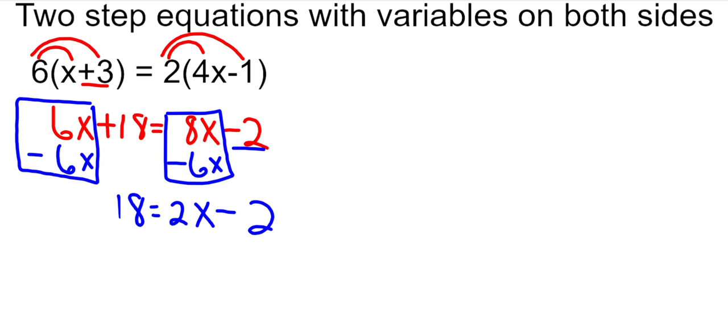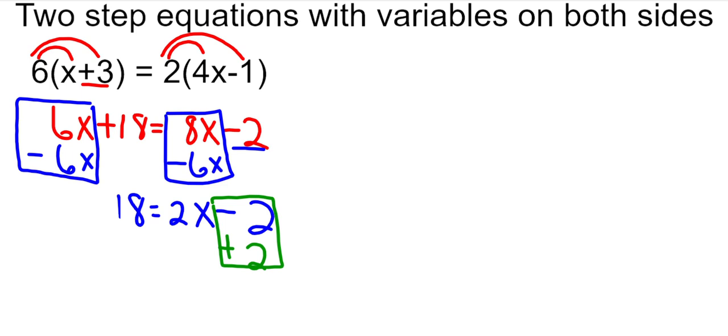So I need to get rid of this minus 2, because I want all of my numbers on the left side, because I'm putting all my variables on the right side. So how do I get rid of a minus 2? We just do the opposite. We add 2. So let's go ahead and do this one in green. So we're going to add 2 to this side. Now, anytime we are adding a positive and a negative together, if they're the same amount, they're going to add to 0. So this leaves me with 18 is equal to, oh, I'm sorry,